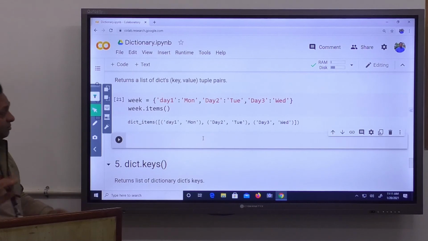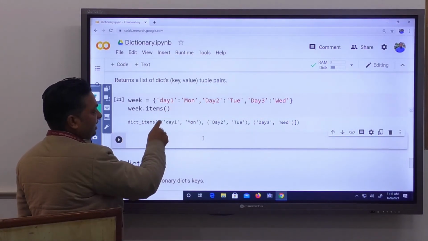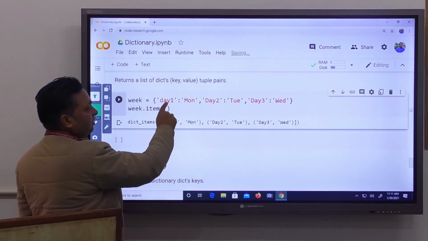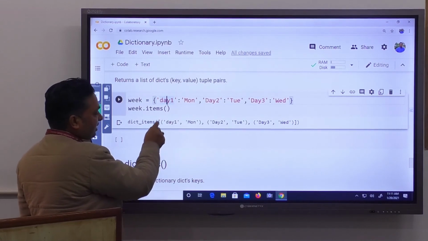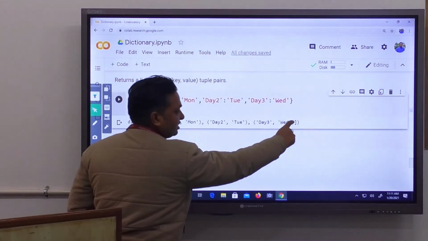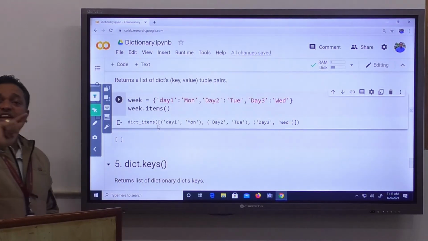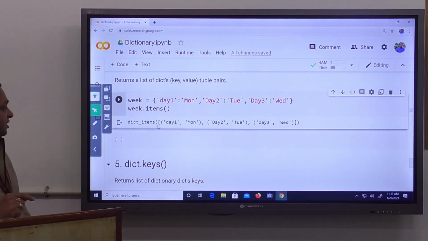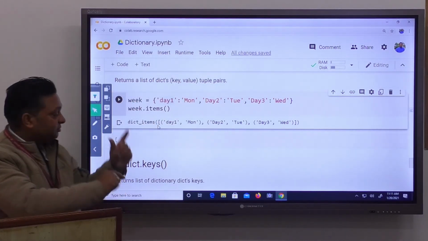You can clearly see the whole elements of the dictionary are represented as tuples. Day 1 is the key and Monday is the value, represented as a tuple. It is returned as a list, and you can see the square bracket, so this is a list of tuples of key-value pairs.